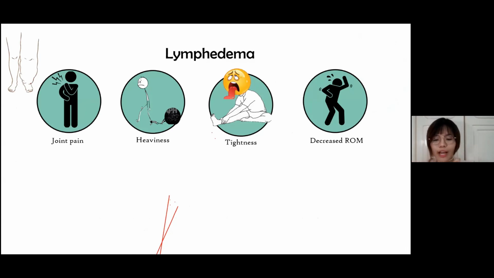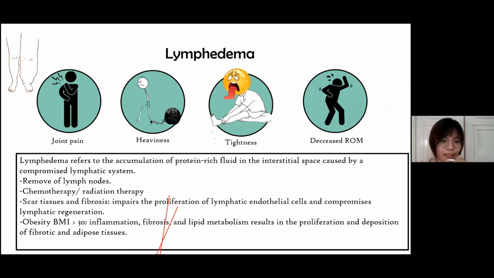Okay, what is lymphoedema? Lymphoedema will happen when the patient has the lymph nodes removed or has radiotherapy on the lymph nodes. Lymphoedema also refers to accumulation of protein fluid in the interstitial space and compromise of the lymphatic system. So either removal of lymph nodes, chemotherapy or radiotherapy on the lymph nodes,